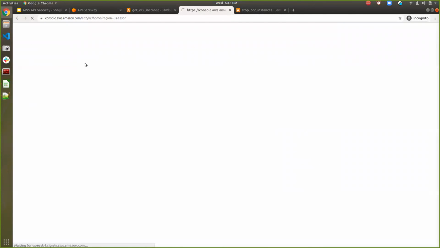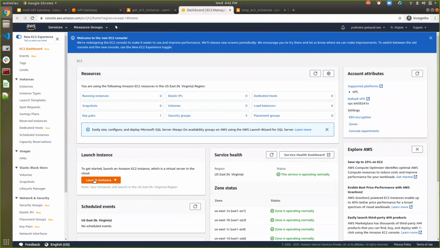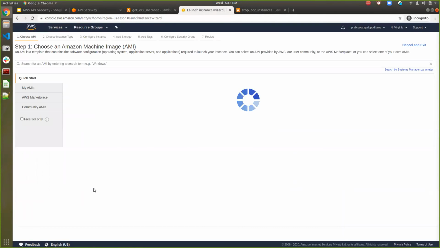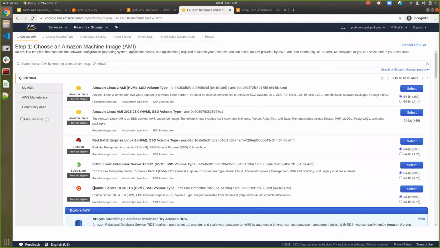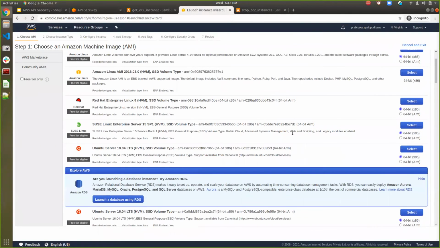And inside this EC2 instance, I'm going to create 3 different EC2 instances for demonstration purposes. So now launch the instance. All these details, how to create an instance, what the parameters and configurations are that we can set, are already covered in my previous videos, and I have specified the link below. You can go ahead and check that.